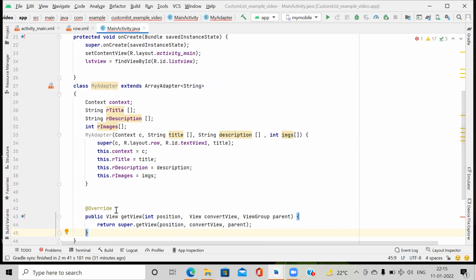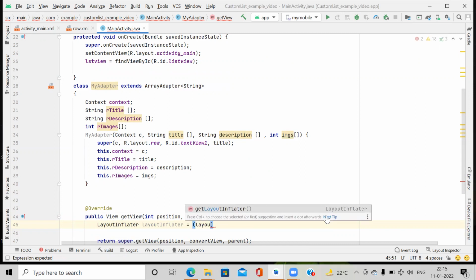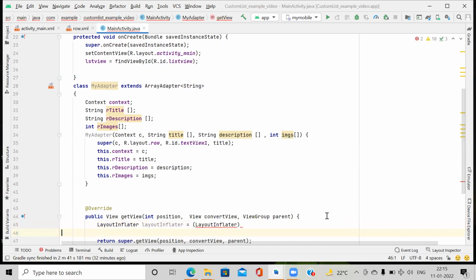First, create an object of LayoutInflater. In the last lecture, I think I explained what a layout inflater is. LayoutInflater is equal to, in brackets, LayoutInflater, getApplicationContext, dot getSystemService.